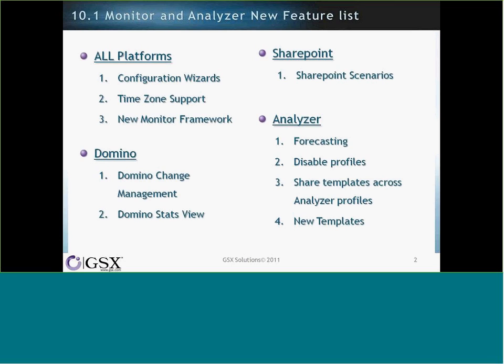Today's session was mainly pitched to folks in the Domino marketplace, so we're going to talk about the new stuff that's been done in Domino, specifically Domino change management and a new consolidated statistics view for Domino. But that doesn't mean that the folks in the Microsoft space won't be interested in this session, because we're certainly going to talk about SharePoint, as somewhere around 40% of the Domino clients that we have are also utilizing SharePoint as one of their tools, as well as